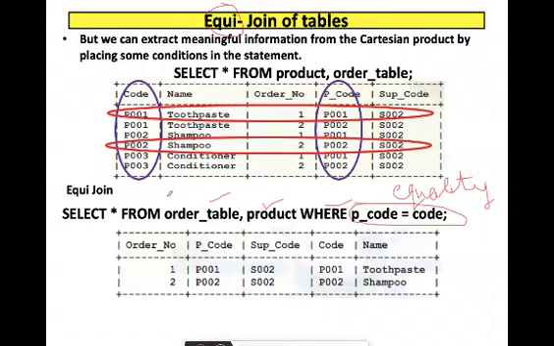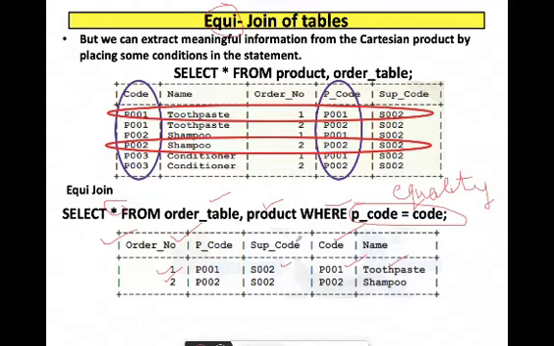This is done to extract meaningful information from the cross join, and this will be the result of this query, in which only these two rows are picked, and we have come to know that product code P001 has this supplier code, and the name of the product is this, and the code of the product is this. So both the tables are joined. The common column is appearing twice because you have written star. In place of star, we can select specific columns also in equijoin if we don't want to display all the columns. I hope up till here equijoin is clear.